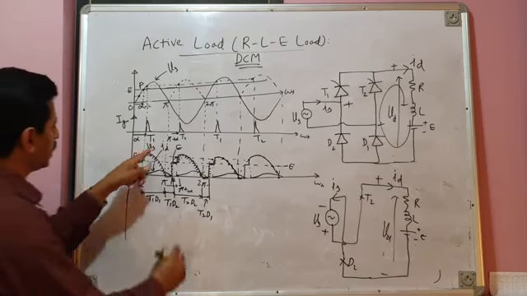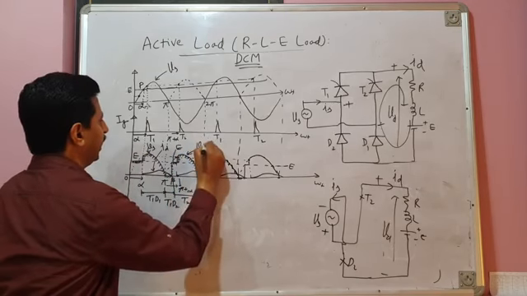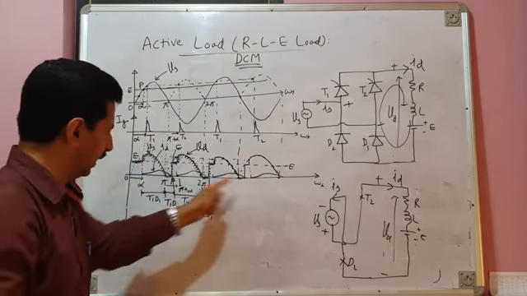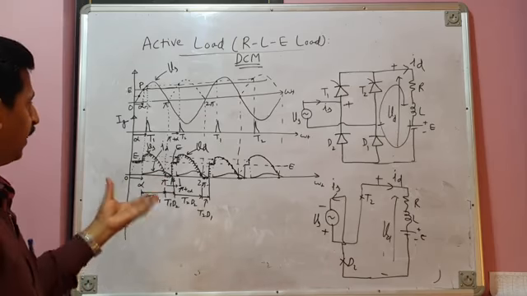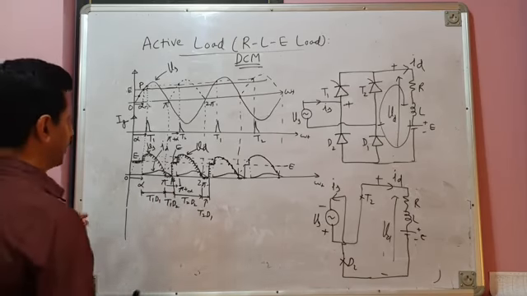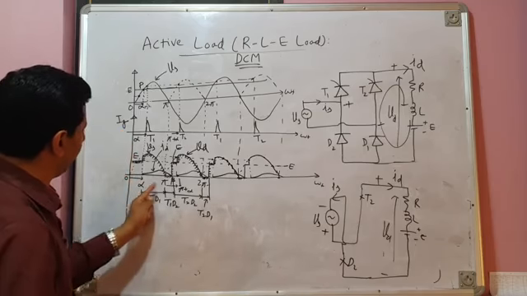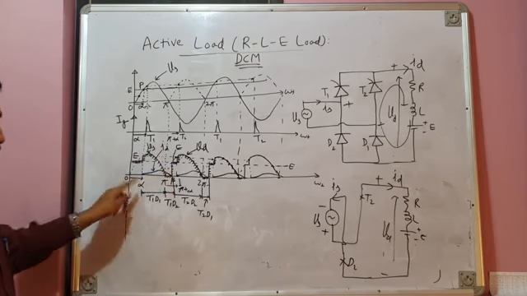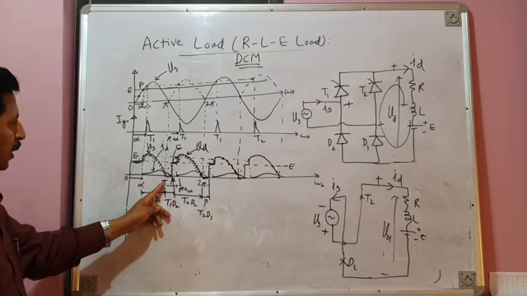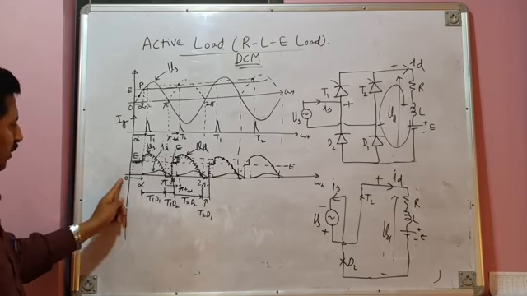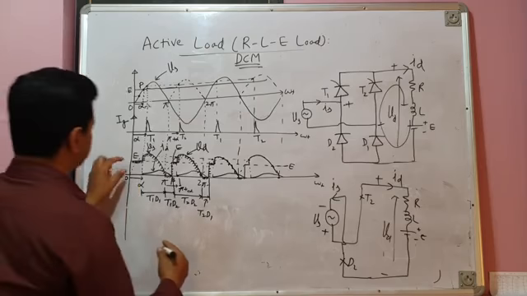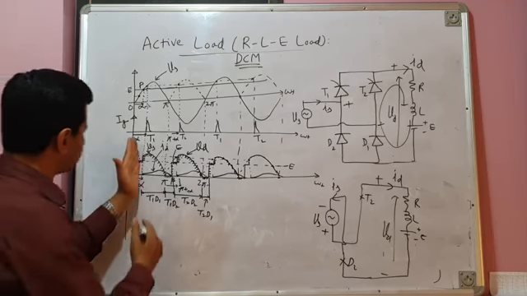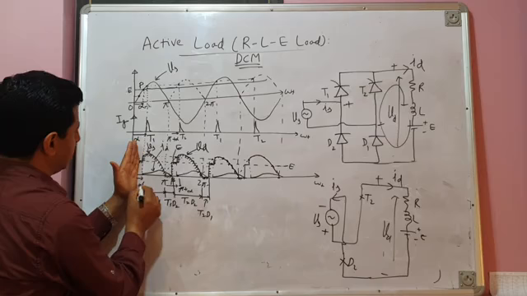Okay, so this is your load current ID, and this is load voltage VT. So if you have a look at the nature of load voltage, we identify three different intervals or three different modes. First mode is from alpha to pi. You can see, let us take this half cycle. From 0 to alpha, no device is conducting. Or let us start with the firing of the first thyristor T1. Let us start from alpha to pi.